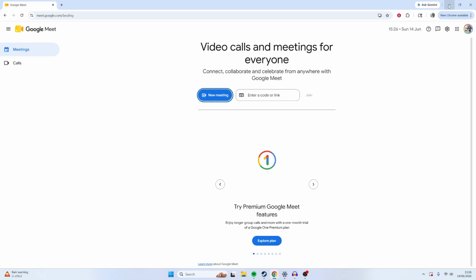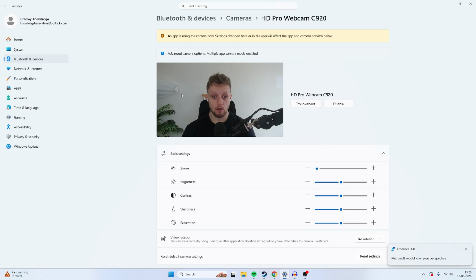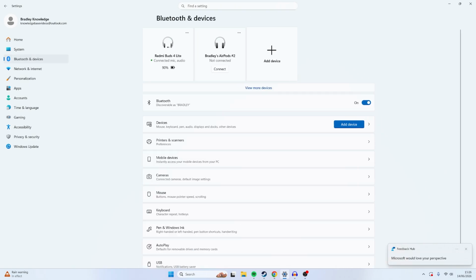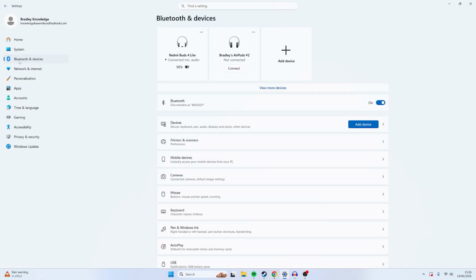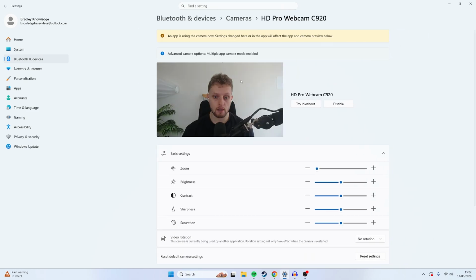Now, another thing you might want to try is if you go to your Start menu, you can then go to Settings. And then once you're on Settings, you need to go to Bluetooth and devices, then click on cameras and just make sure your camera is here. If it isn't, you need to unplug it and plug it back in, or if you're using a default webcam,